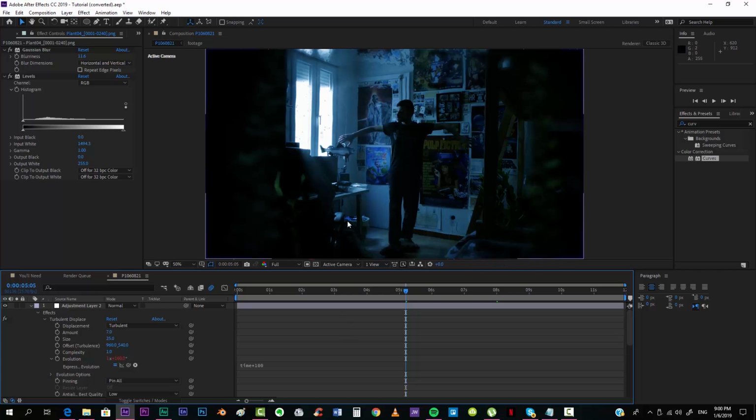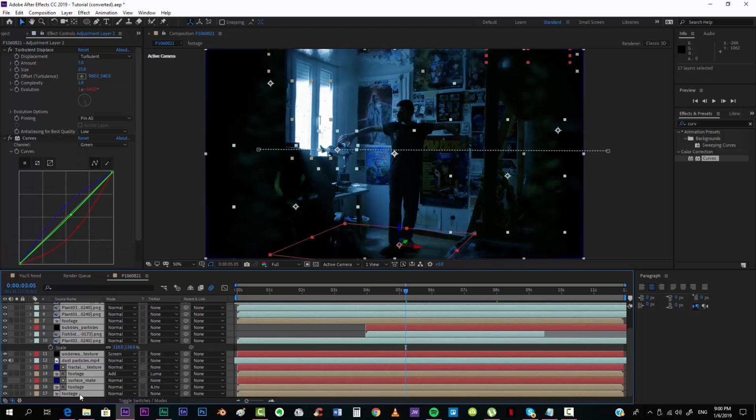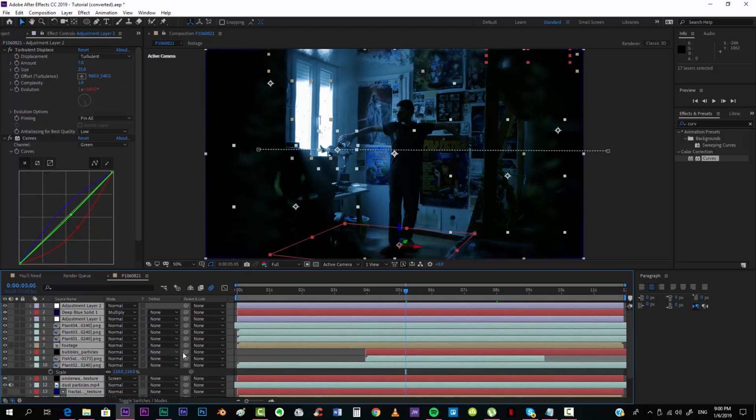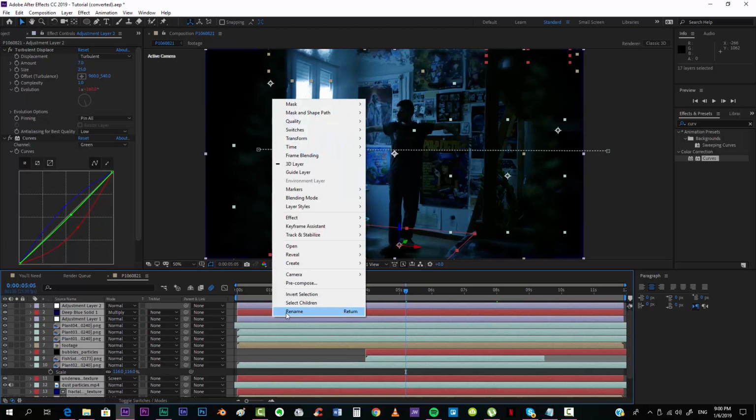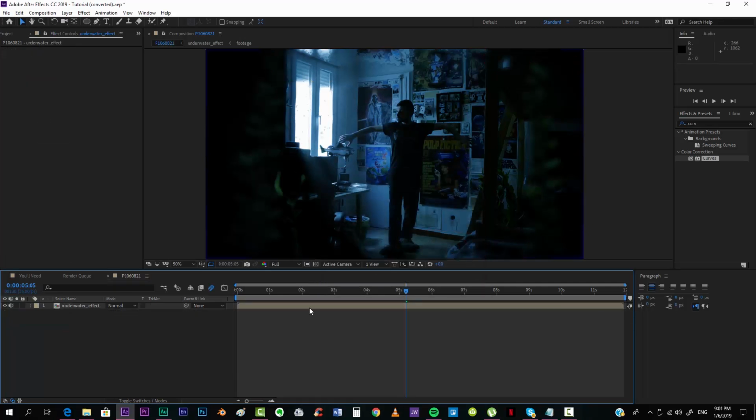more stylish. But the next thing that we're gonna do now is pre-composing the whole thing. So you'll have to select all your layers and right click, pre-compose, and we're going to call this underwater effect. And now we're gonna use a camera shake effect, because when you're underwater there's always this kind of shaky